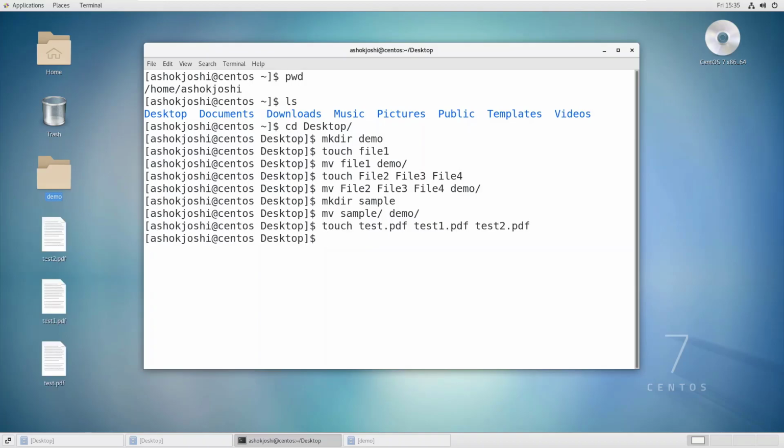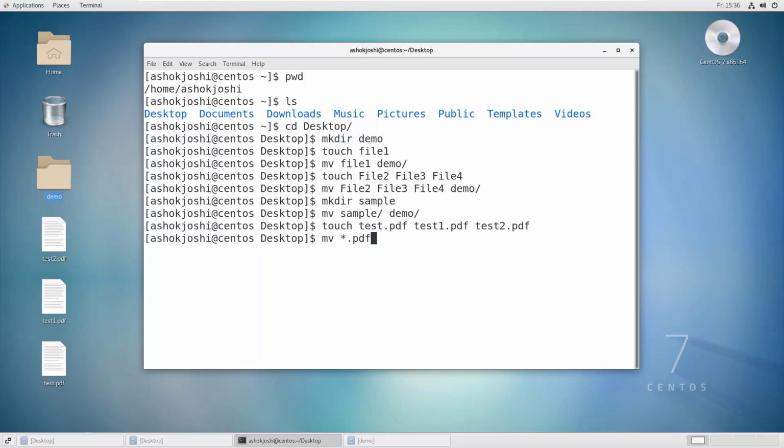Now I will try to use a wildcard, which is the asterisk. It's very simple, guys. You'll have to use this asterisk symbol in order to match the pattern. So we will match .pdf of all the files in this particular directory. As you can see, we have 3 PDFs here, and it can be anything. It doesn't mean that you only have to use the PDF extension. You can also have .html, .java, or any other kind of extension.